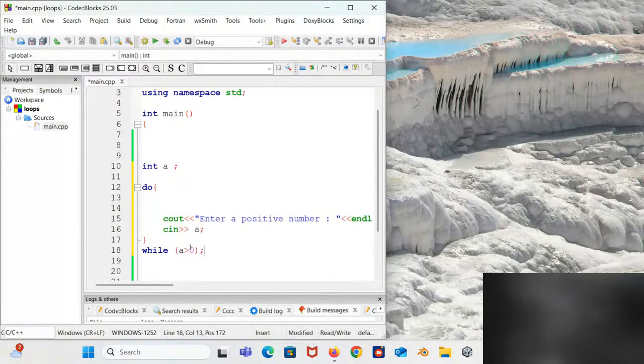Since we did not limit it, let me make it greater than or equal to 0. Now, if the number is 0 and above, it is going to ask us to enter more numbers. But the moment we enter a negative number, that is a number less than 0, the program is going to stop executing. Let me compile and run this first.